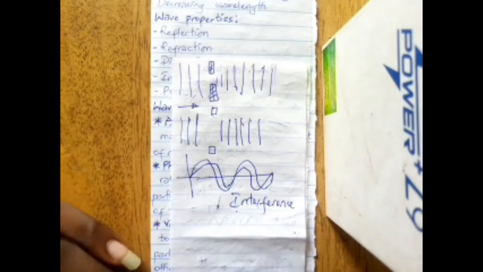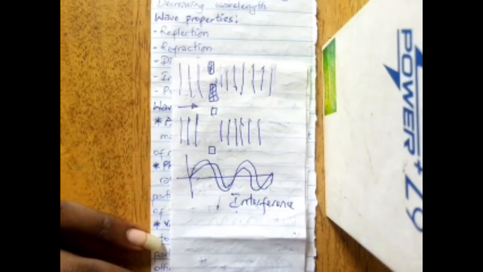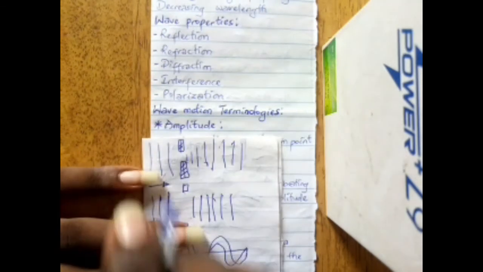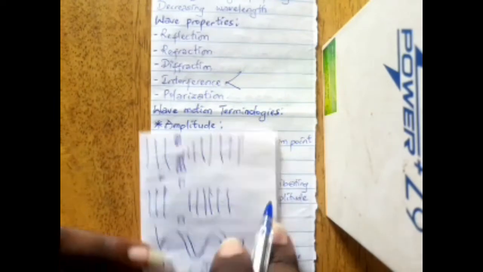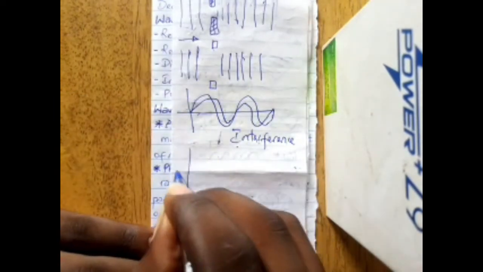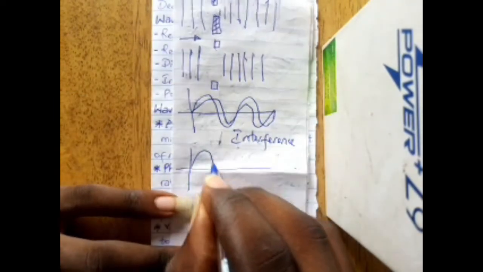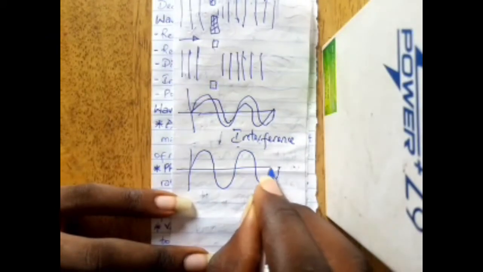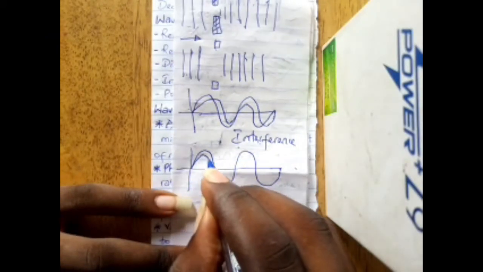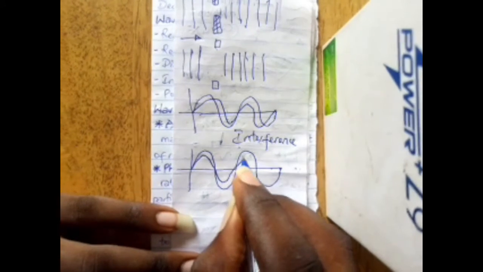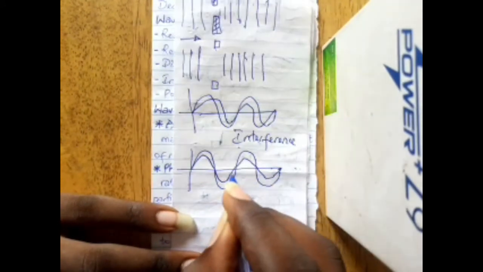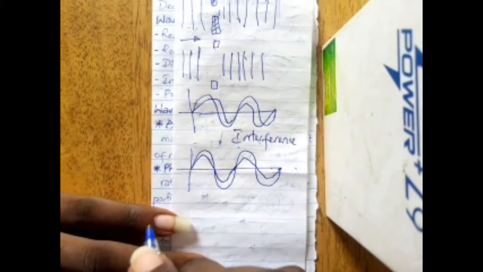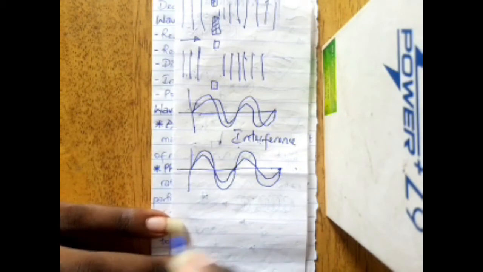So interference is the interaction of two waves which move simultaneously through the same medium. Now you have two types of interference. Now you can have constructive interference. Now, what do we mean by constructive interference? For constructive interference now,